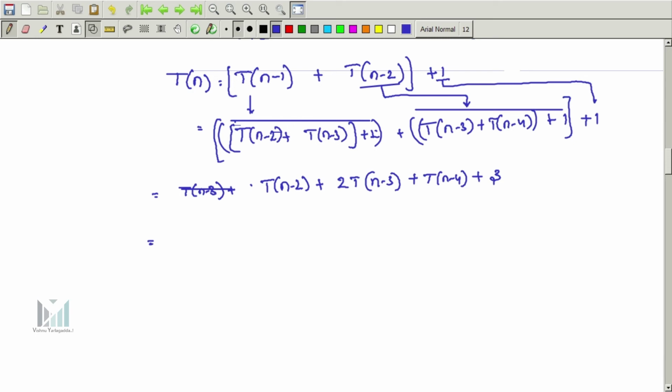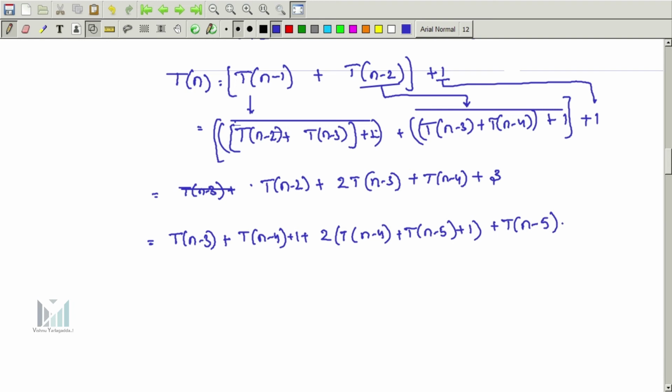Then which is equivalent to T of n minus 3 plus T of n minus 4 plus 2 into T of n minus 4 plus T of n minus 5 plus 1, here also plus 1, plus T of n minus 5 plus T of n minus 6 plus 1 and plus 3,